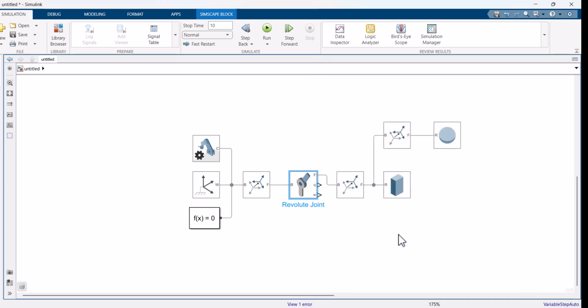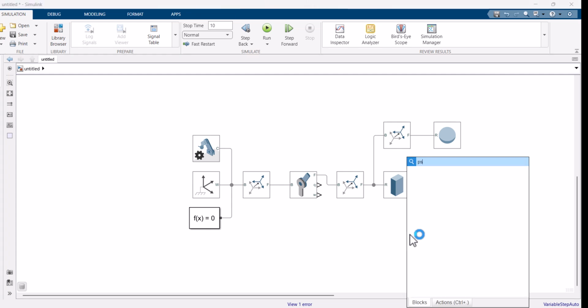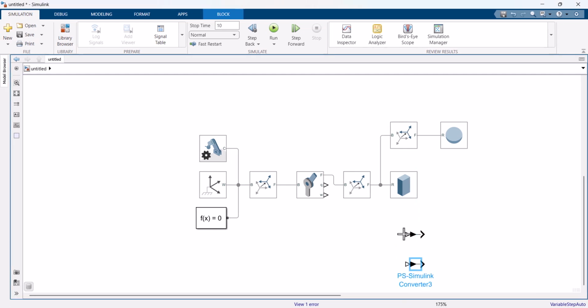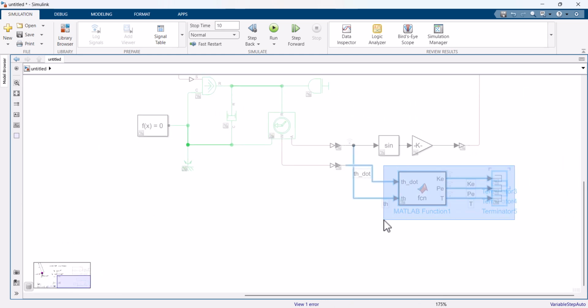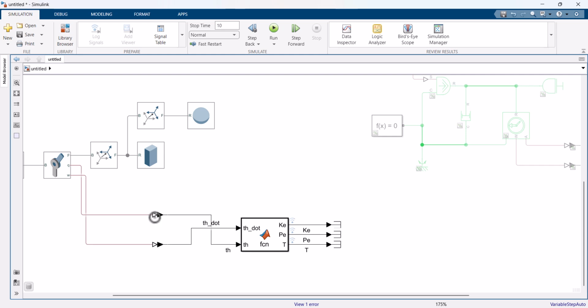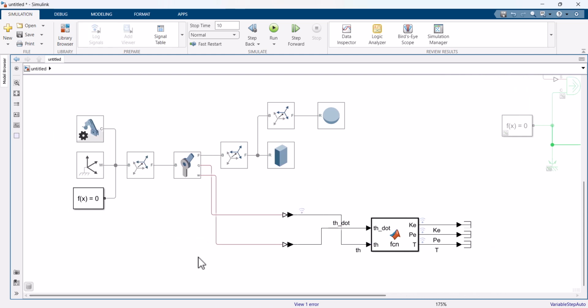Now using once again the PS to Simulink converters, I can convert these two signals, and I can once again use this energy calculation block. Okay, so I have provided once again theta dot and theta to this energy calculation function, and I want to record this theta as well. I've turned on the logging signal over here. Yeah, I guess that's it. I can run this thing,